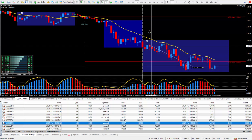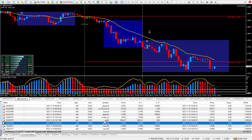It went against me 8 pips. Looks like I closed it out at a pretty good total here. Pound CAD paid out 44 pips, and those 44 pips paid out